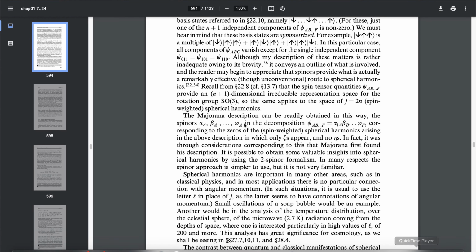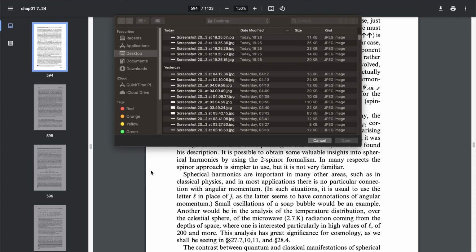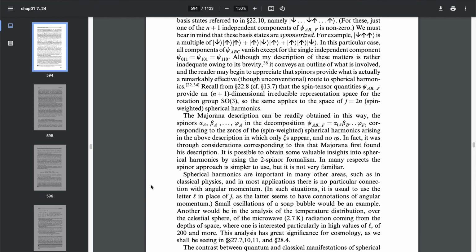Yeah, and I think that a lot of these things are really hard to see just by reading it. I think that sometimes you just gotta work out